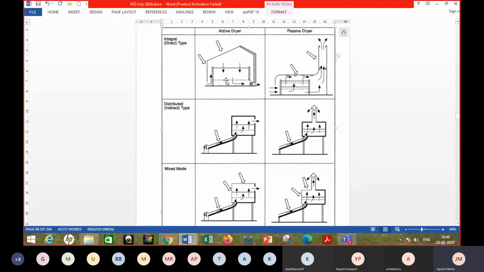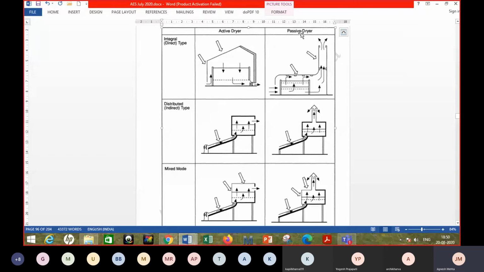So there can be an active type of dryer which uses a fan, which will need electrical energy, but most of the times the electrical energy can come from solar photovoltaic panels, which are now not very costly. So for running a small fan, you can employ the solar energy itself, so that you don't have to take a very long wiring if it is away from your electrical point. And again, it will become a standalone, grid independent system.